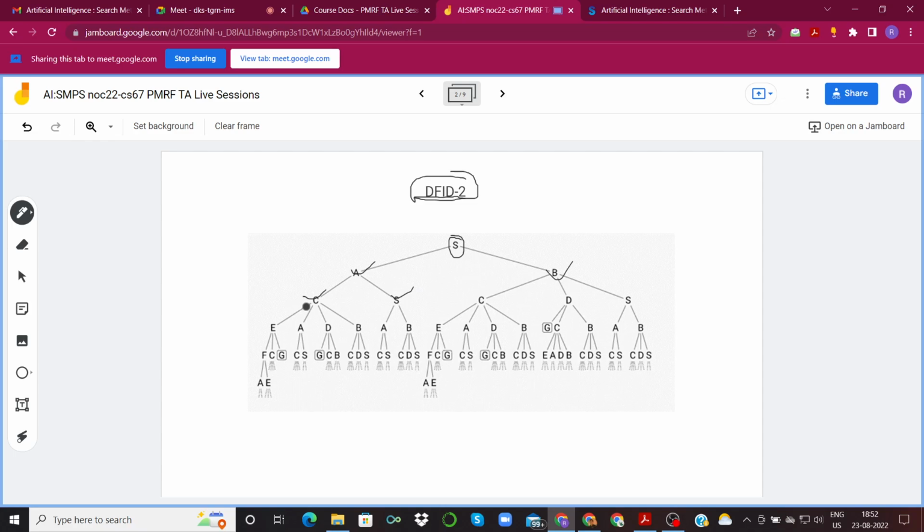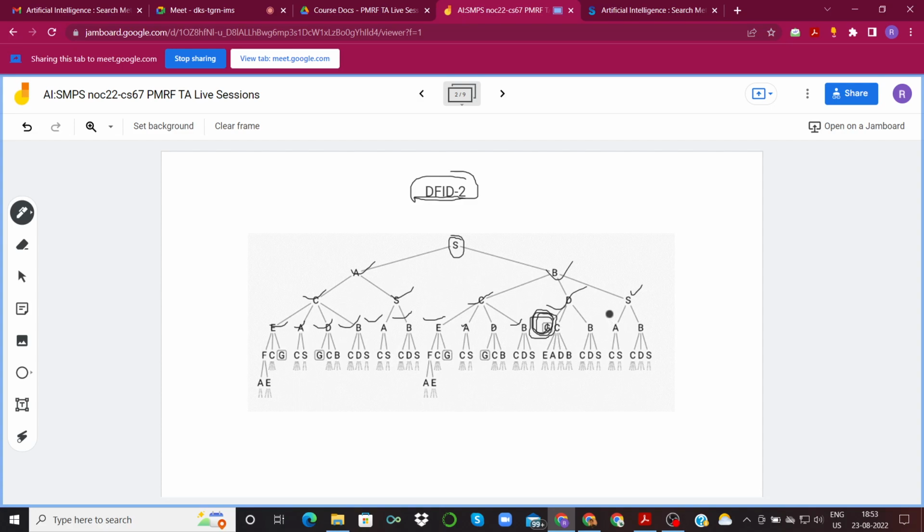For depth equals to 2, again neither of these are working. At depth equals to 3, however, we find G.